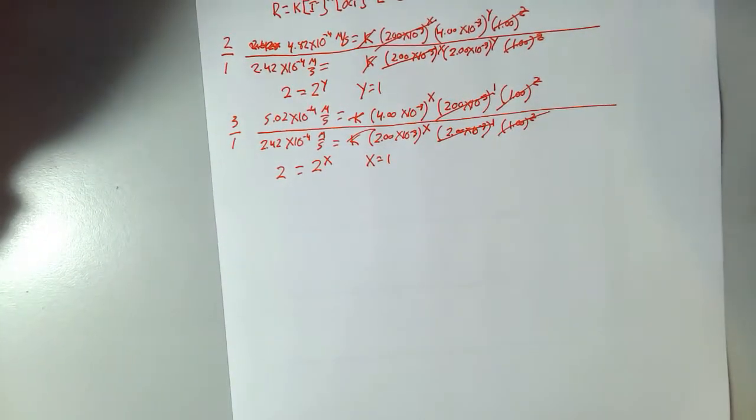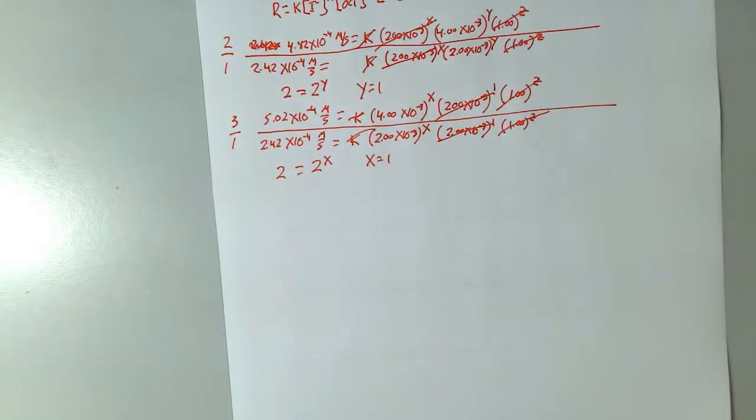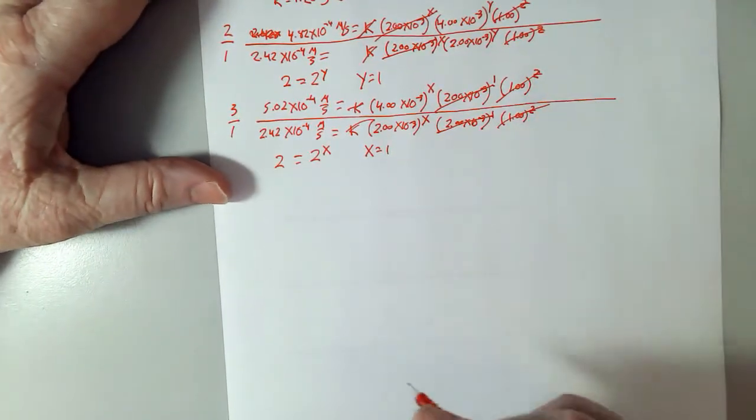Now that doesn't mean that these exponents are always 1, but they're very often 1 because the order is telling you the number of species that are involved in a collision. And it's not statistically likely that you're going to have 3, 4, 5 different species colliding with each other. It's going to be one of them. Okay. Now,